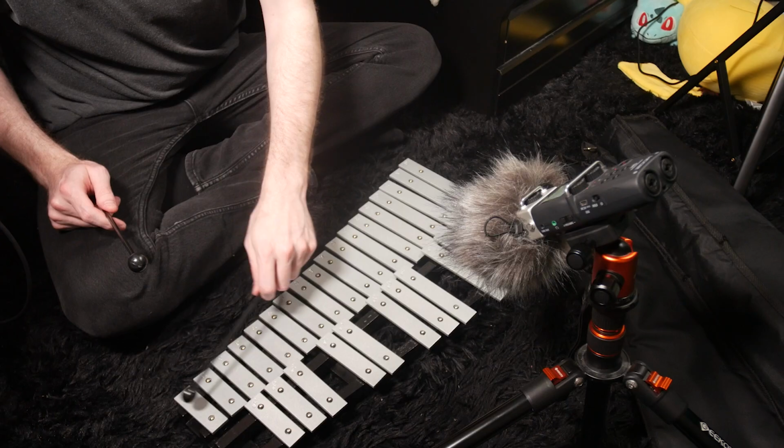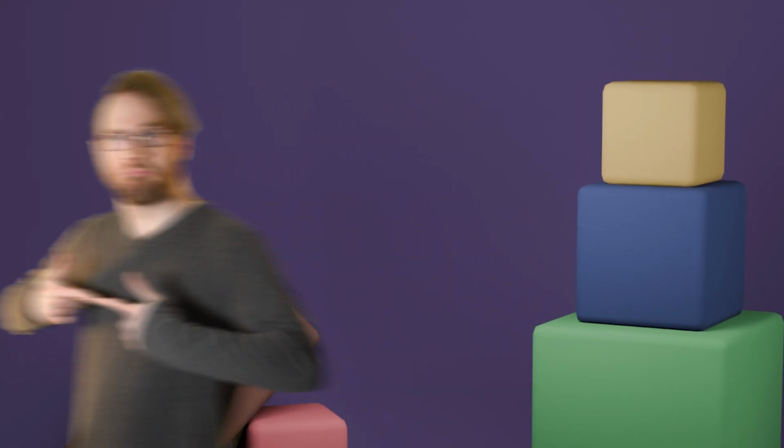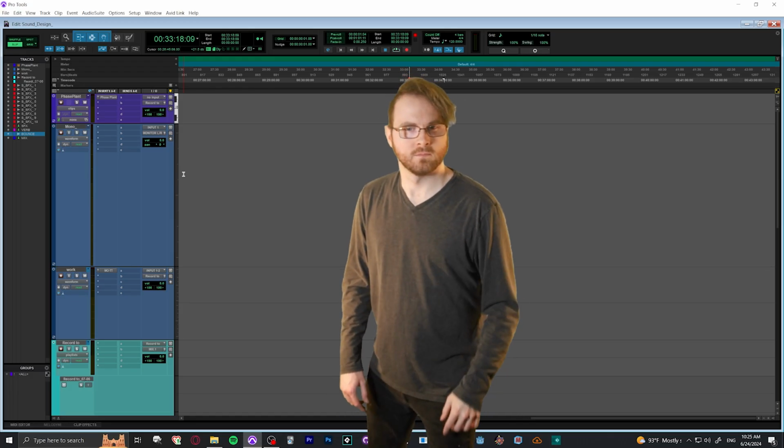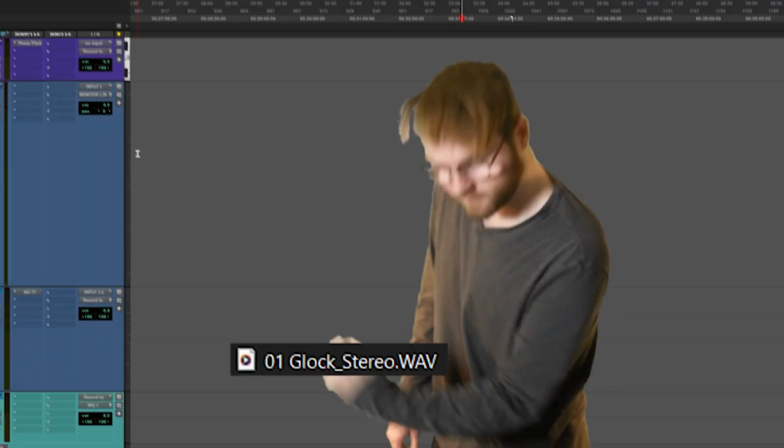Yo, what's up? Today we're making sound effects out of this Glockenspiel I recorded the other day. And mayhaps I will release them to the public for free. So to get started with this process, we're just going to grab the sound effects we recorded from the Glockenspiel,